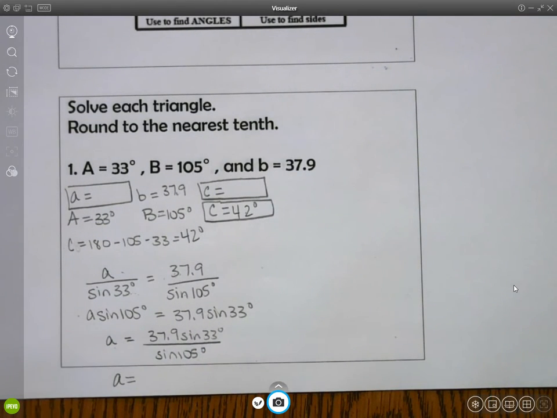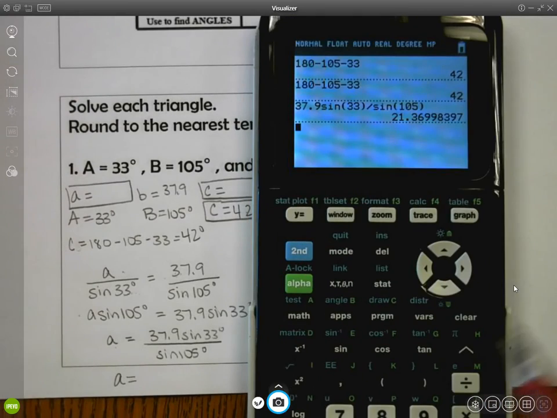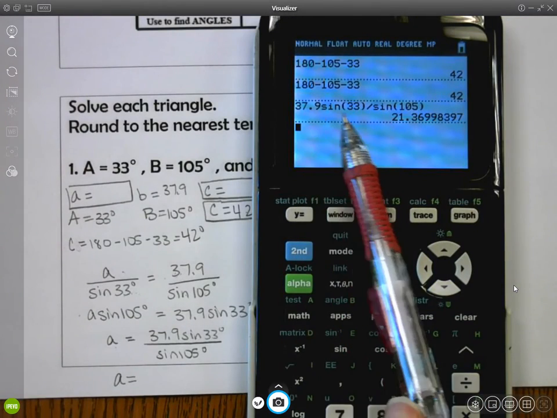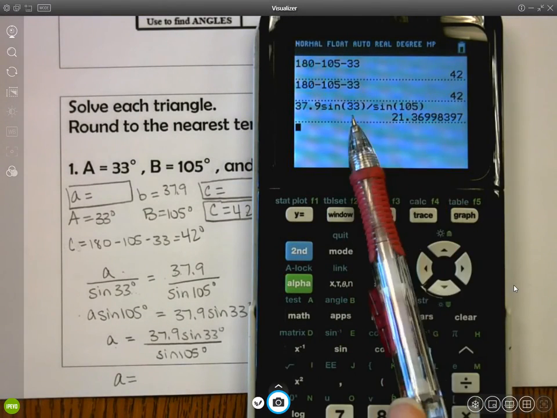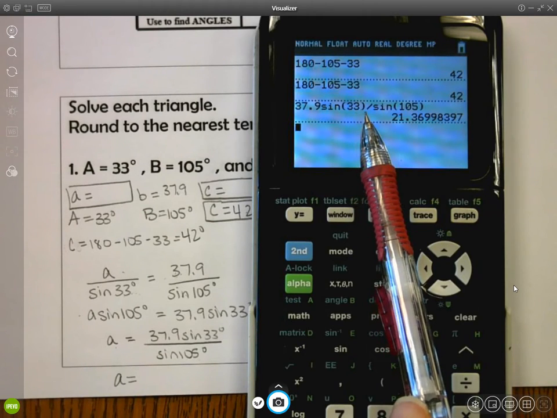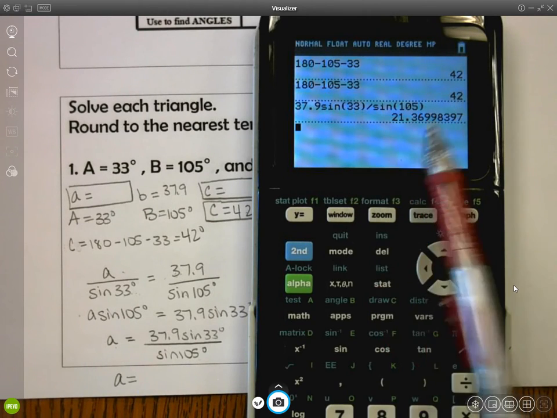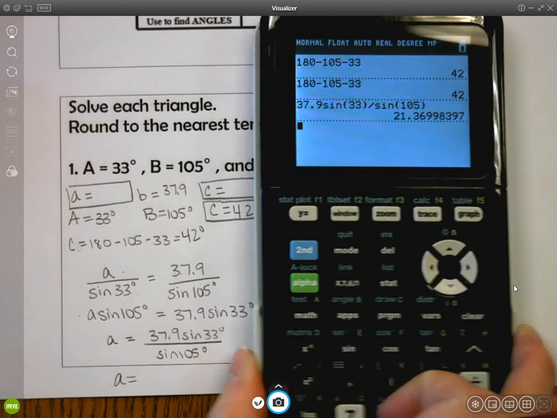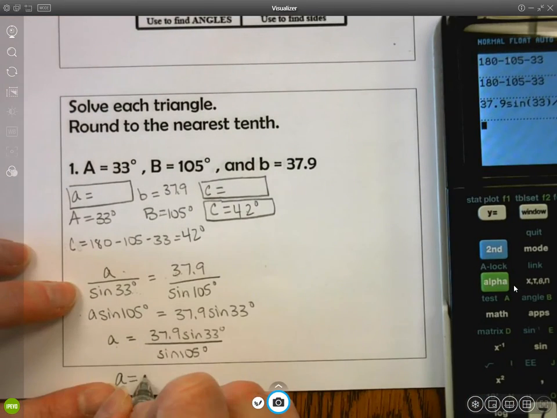So in my calculator, make sure that your mode is set in degrees, and then you're going to do 37.9 sine of 33, close your parentheses, divide by sine of 105. All right, so again, in the calculator, type it in, the numerator divided by the denominator, make sure that parentheses gets put in there. And we get 21.3699, yada, yada, yada. So I'm going to call that